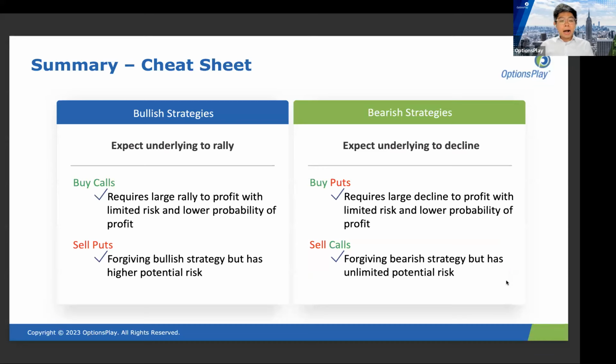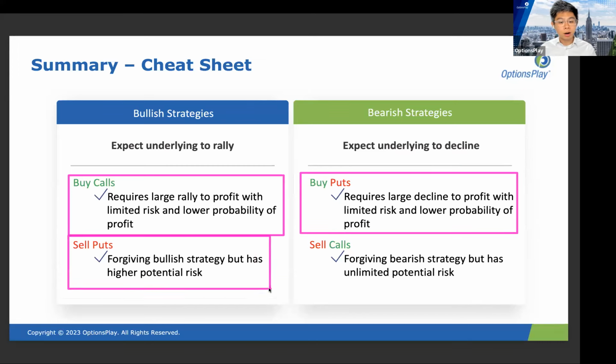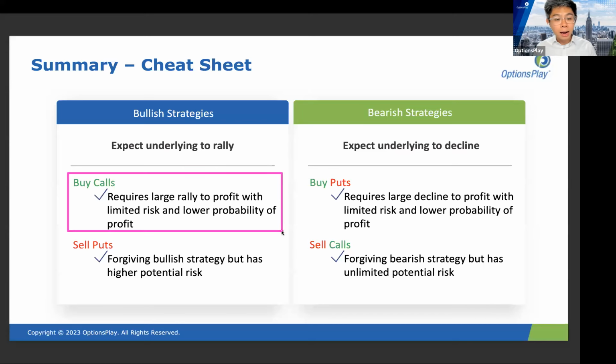So out of these strategies, which ones do I trade? I will buy calls quite often, I will buy puts quite often, and I will sell puts very often. What I do not recommend ever is to sell calls, especially naked calls. But there will be scenarios where you have a bearish view on a stock, but that's what we're going to cover next week. What adjustments can you make to these strategies that can improve your odds of success when you're buying puts and buying calls,